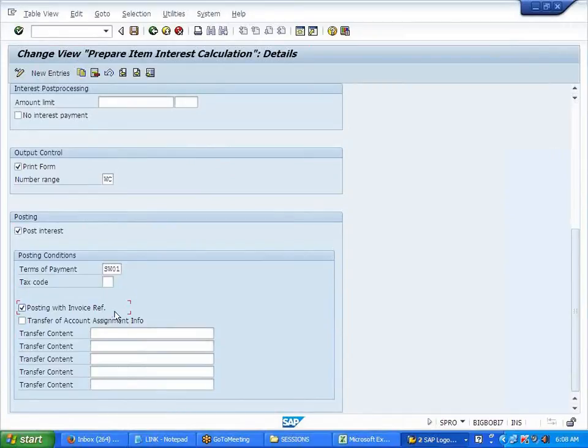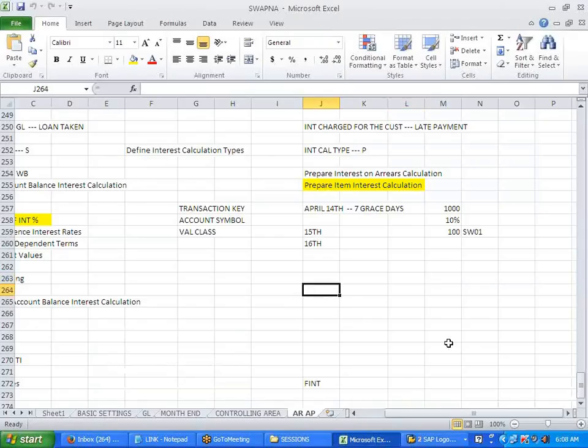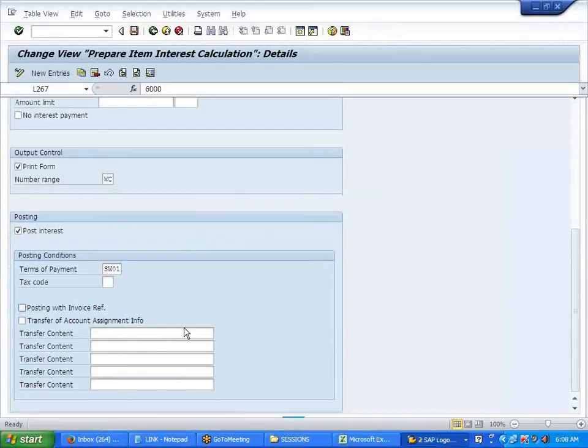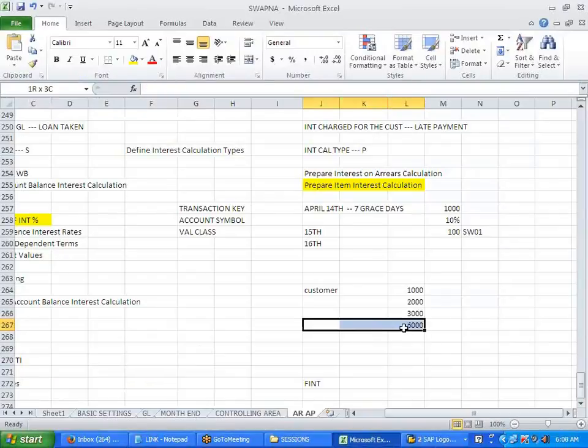Posting with invoice reference means, for example, you may have one customer who needs to pay you $1,000, $2,000, $3,000. So the total is 6,000. Now, if you do not select this, it will give you the complete line items like this.